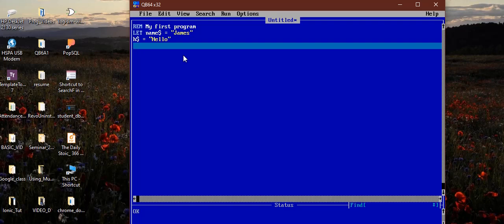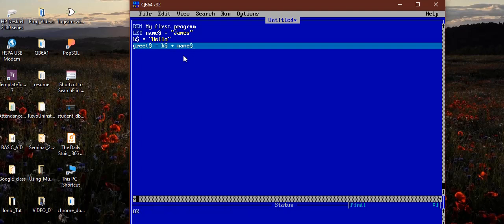And by the way, when you create a variable, the name of the variable cannot start with a number. So I'm going to create another variable called greet. Okay, also a string data type. Okay, so I'm now going to do this. I'm going to type age $, and then name